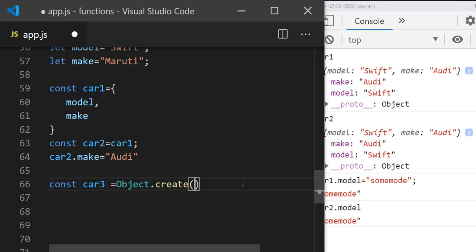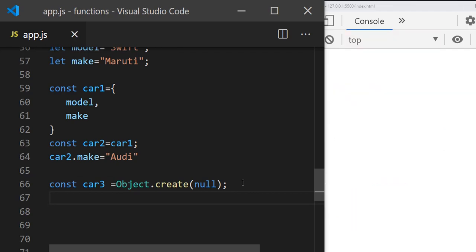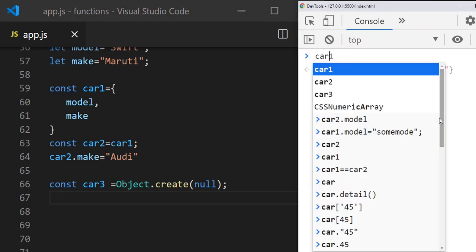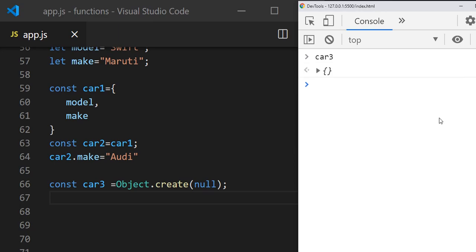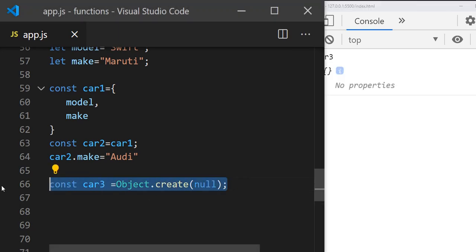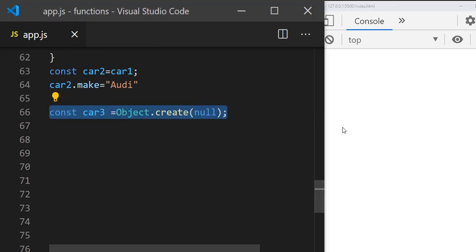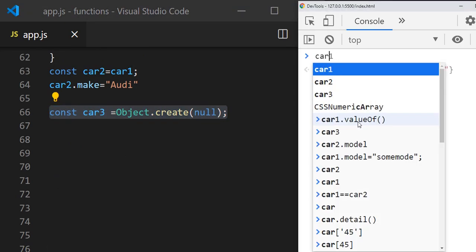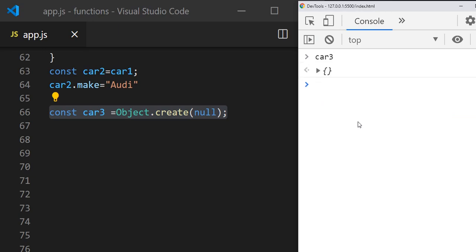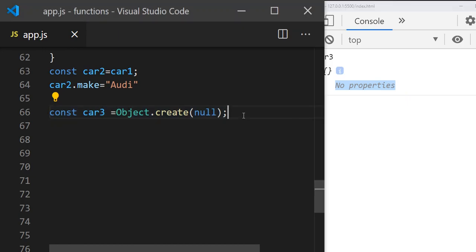Let's say for example, we pass null. And if we go and print car3, it will have nothing. So we pass null and it does not have anything. So we can create the object like this. And if you print car3, you can see an empty object with no properties, nothing.